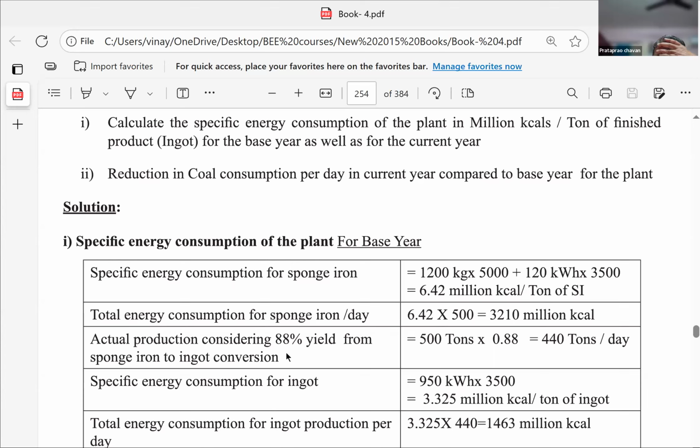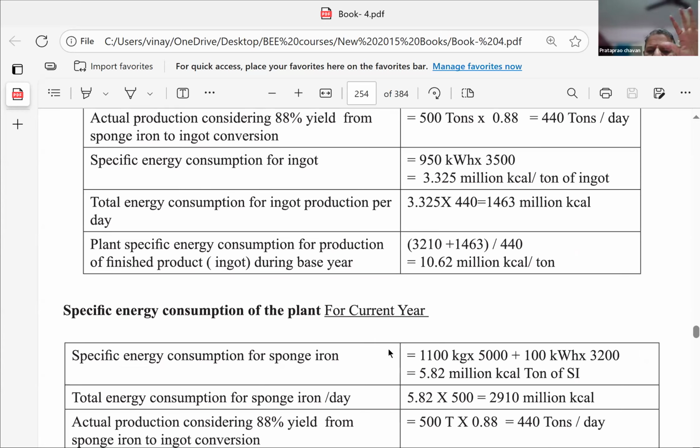Actual production considering 88% ton final is 440. Specific energy consumption of ingot. These are all simply put the values and you will get it. There is no need for me to explain to you because you have already understood all these ideas. That was for the base year,